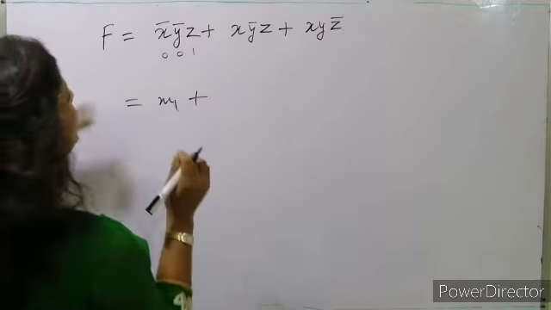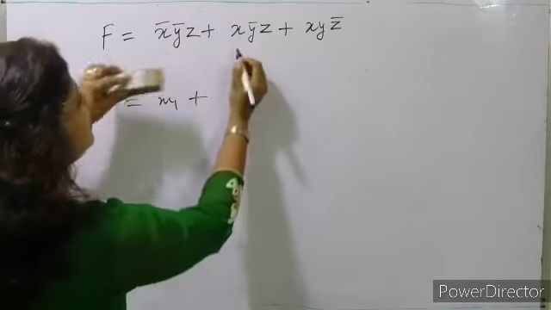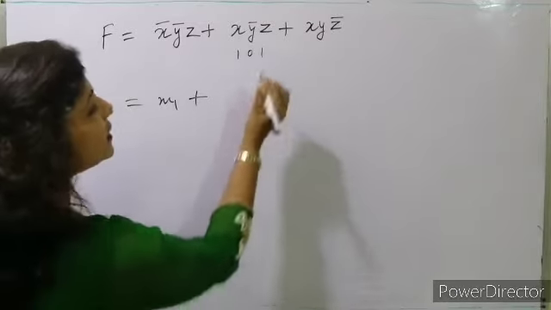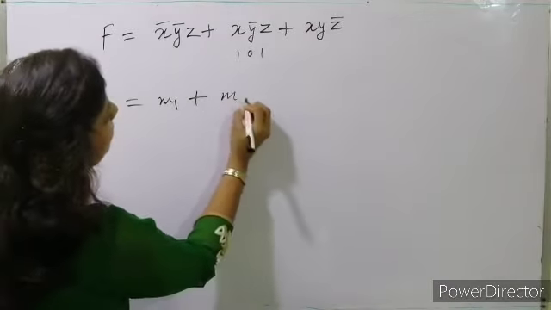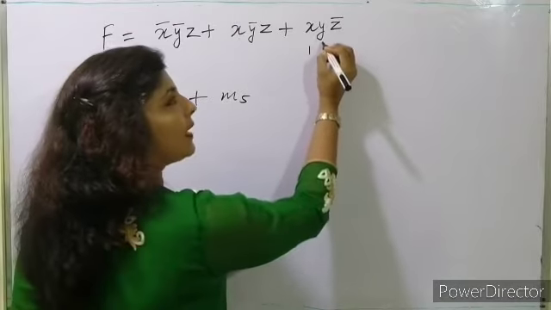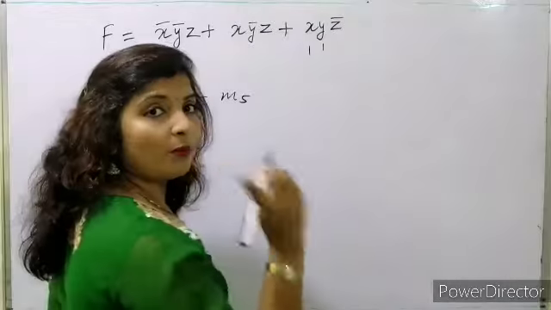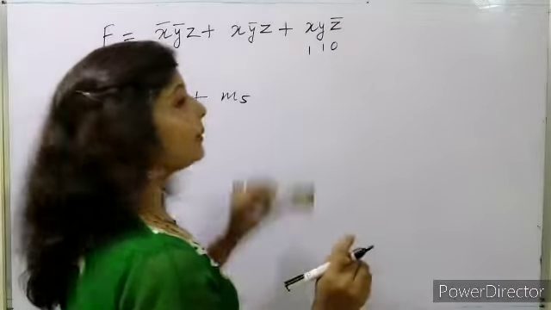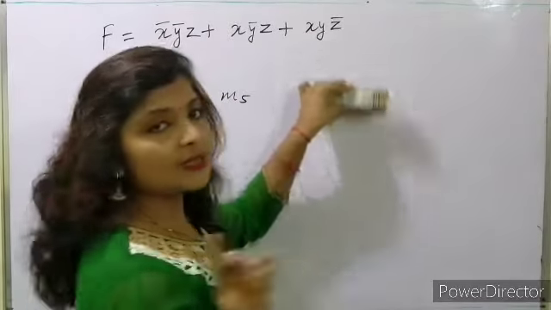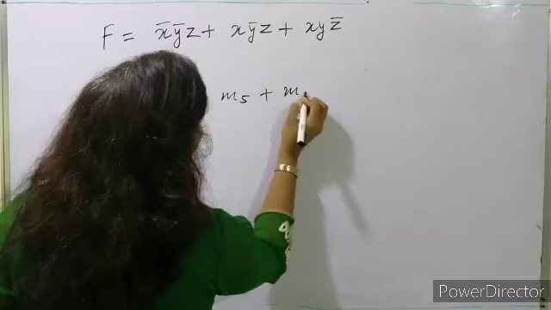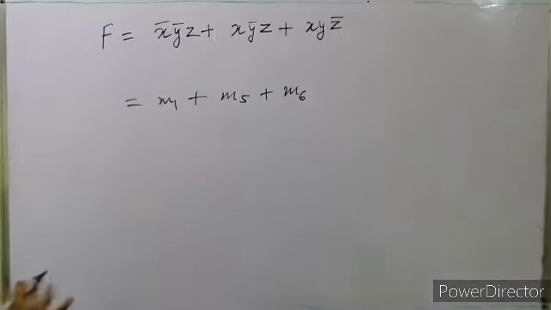Okay. Now this one, x का value 1, y का value 0, z का value 1. This is 1 0 1, क्या होता है 5, तो m5. Okay. Now x का value 1, y का value 1 and z bar है, complement of z मतलब z का value 0. 1 1 0 क्या होता है binary में, when we convert this binary 1 1 0 to decimal, क्या होगा 6. So m6. ठीक है. So we got this thing.